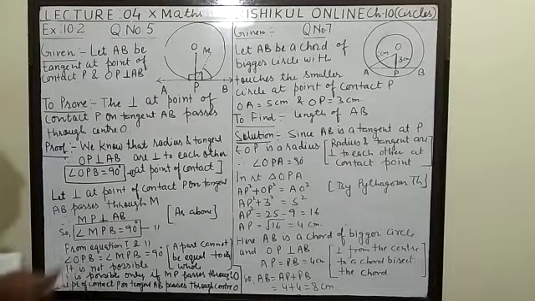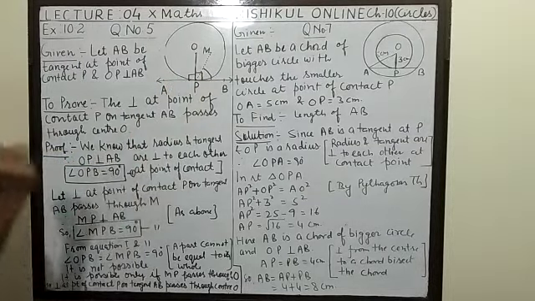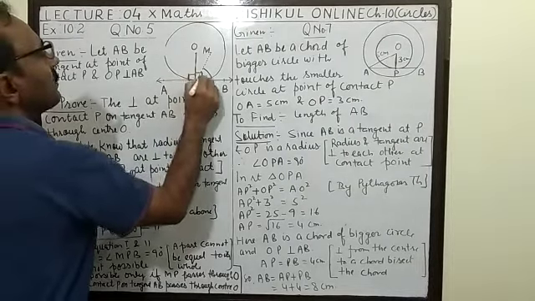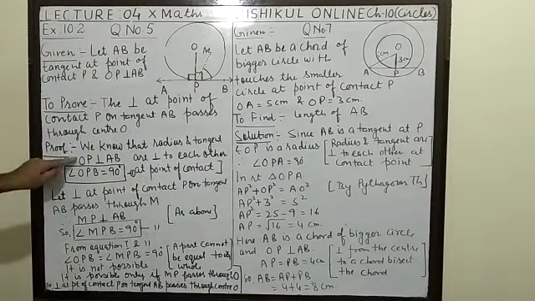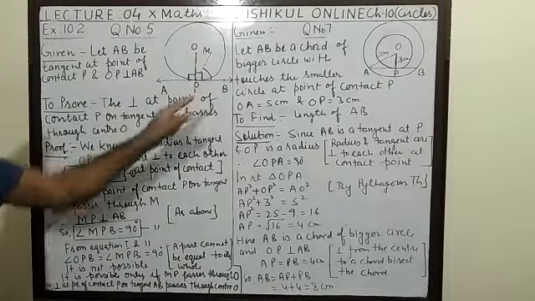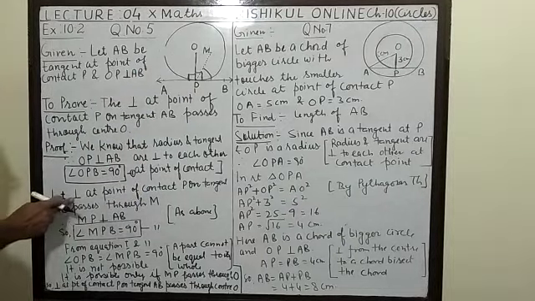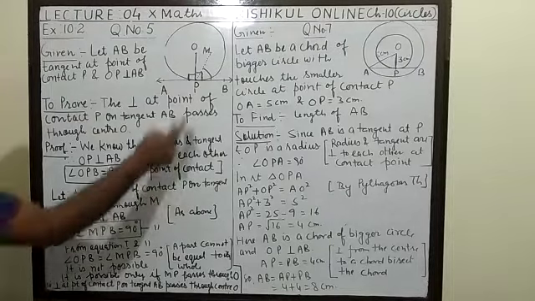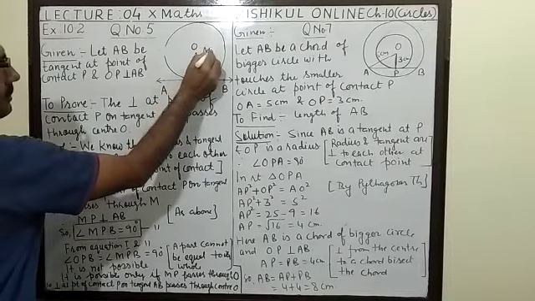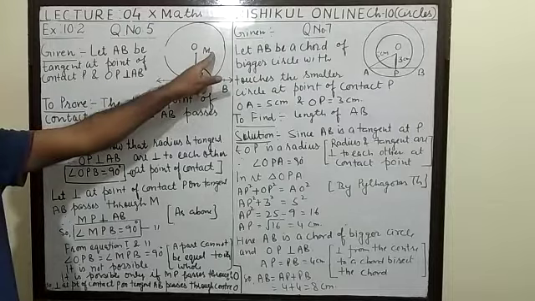We know that the radius and tangent are perpendicular to each other at the contact point. So this angle and this angle both are 90 degree. OP perpendicular on AB, it is given to you, and angle OPB equal to 90 degree. Suppose the perpendicular at point of contact P on tangent AB passes through M. You have to suppose that it passes through M, so